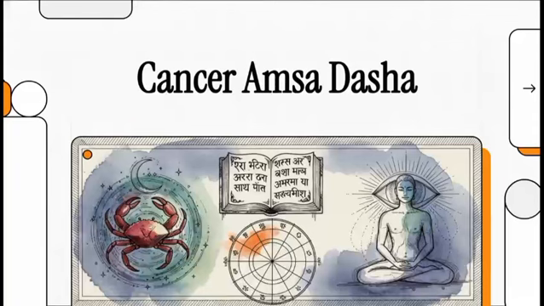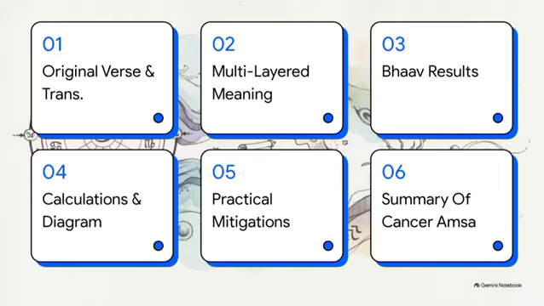Today we will discuss topics such as the results of Cancer Amsa in Kala Chakra Dasha in Chapter 64 of Parashara Shastra. We are diving straight into some absolutely fascinating, highly specific territory of Vedic astrology today. We're going to unpack exactly how these ancient mechanics function, and trust me, the level of precision we'll be looking at is just incredible. We've got a clear path for this explainer.